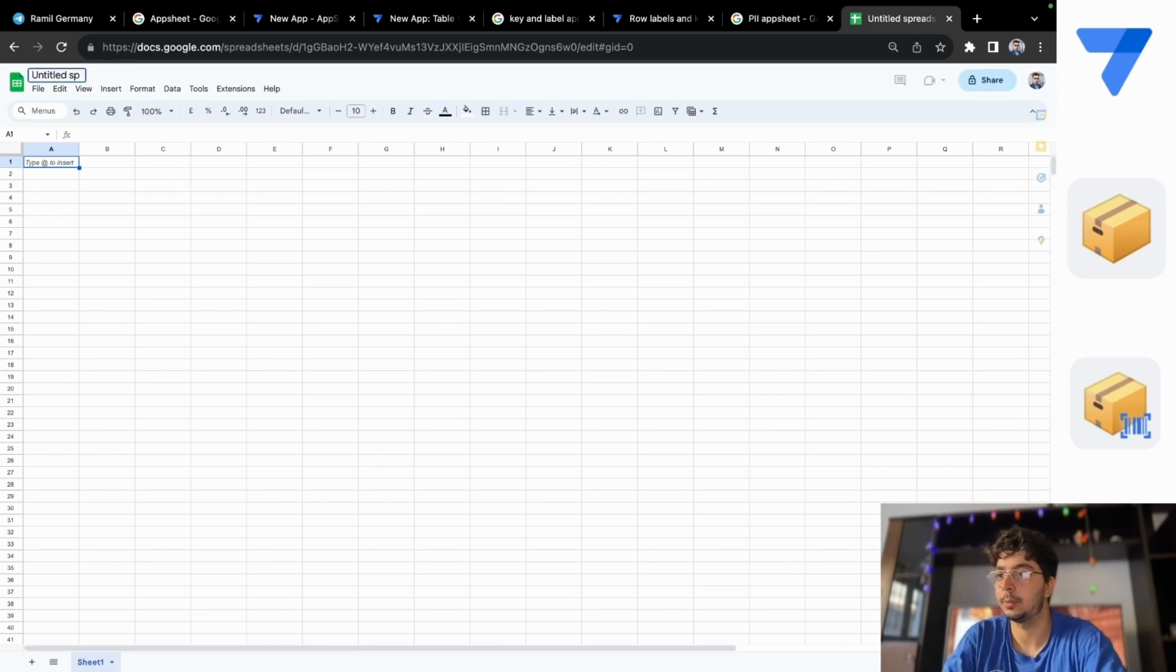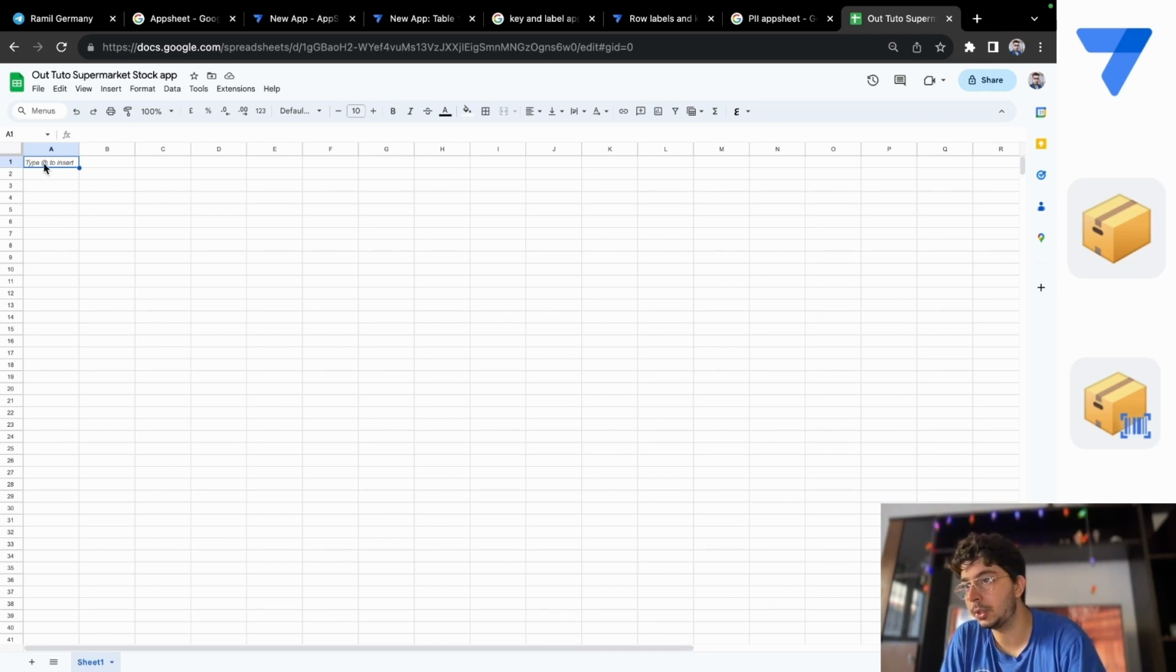So let's name it our tutorial stock, let's put supermarket stock app. Okay, so this is the name of our data source. So let's put some field into it. So let's put ID,